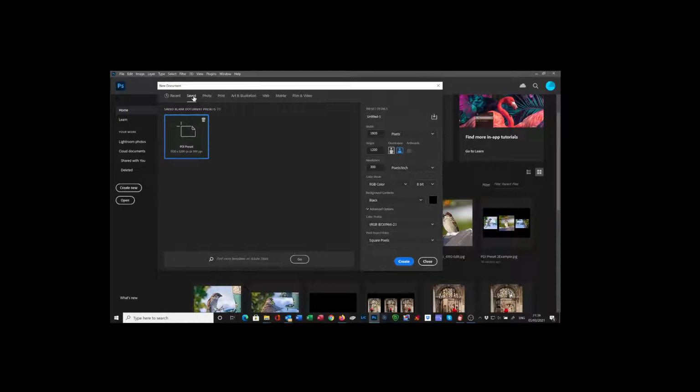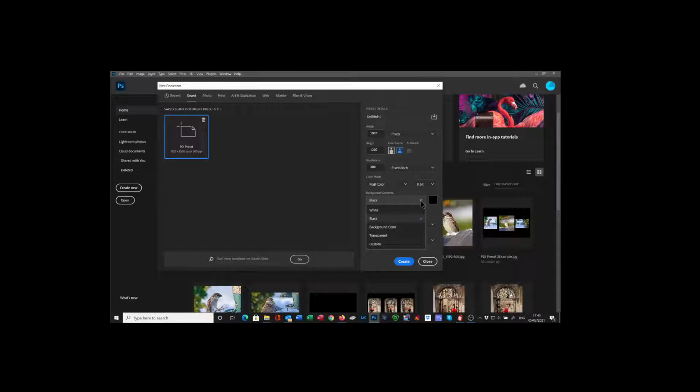And you'll see all the criteria used to create that on the right hand side there. Now you can create your own documents or presets using this screen by putting in the values as you see down there: the width, whether you measured it in pixels, the height, the resolution 300 pixels per inch, RGB color recommended,